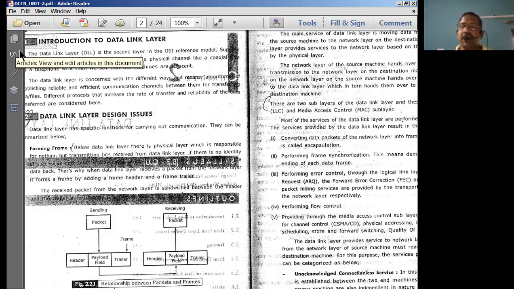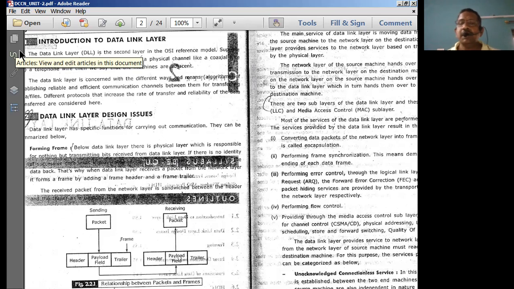Therefore, the names that we give to the data coming out of these four layers are very important and crucial. You should not say that the data coming out of the data link layer is called a packet, or that data coming out of a physical layer is called a segment. That means there comes a mismatch in the representation of data coming out of each and every layer.